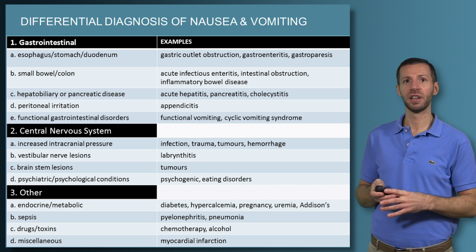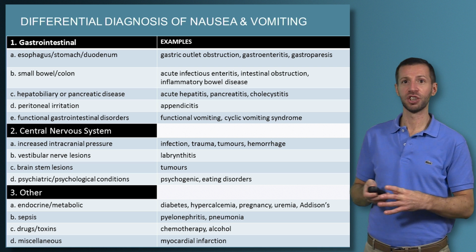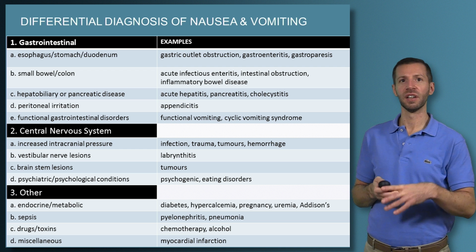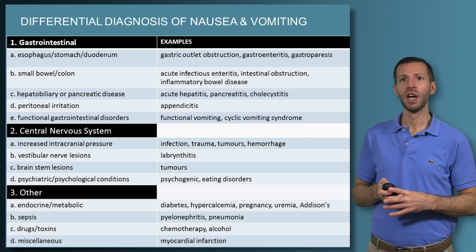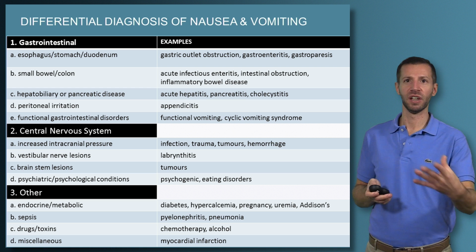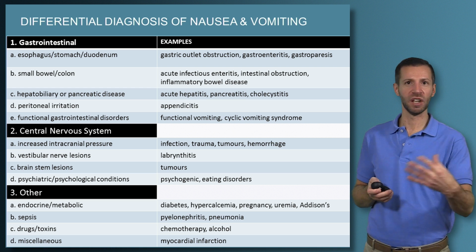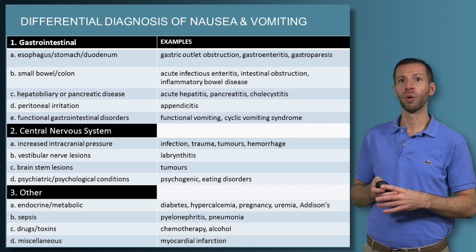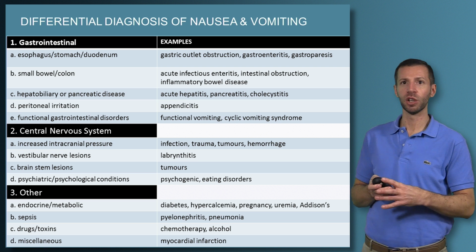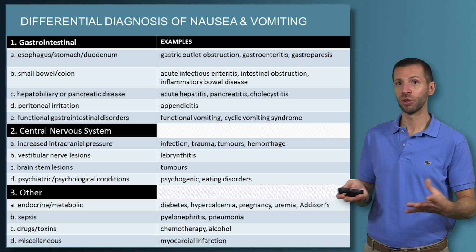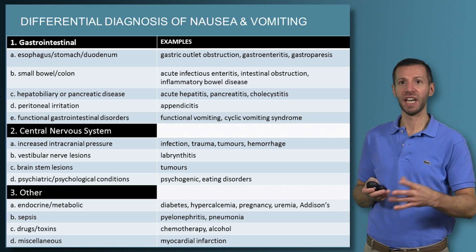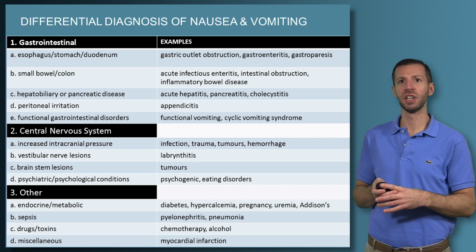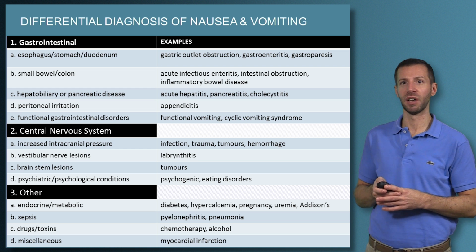And within particularly the non-functional categories, you have various conditions which may be inflammatory, infectious, or obstructive. For example, within the esophagus, stomach, and duodenum, you could have gastroenteritis, which is an infectious disorder of the upper GI tract, which could present with nausea and vomiting and maybe even diarrhea. Or you may have a blockage of the pylorus from peptic ulcer disease, which would be a mechanical obstruction. Or you may have a motility disorder of the stomach where the stomach is basically lazy, and that would be gastroparesis. And all of these can present with vomiting. So again, that gives you an example of infectious or inflammatory pathology, as well as mechanical and motility-related pathology.